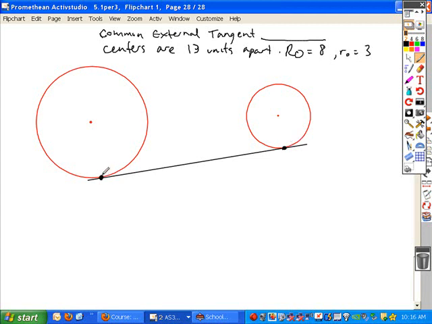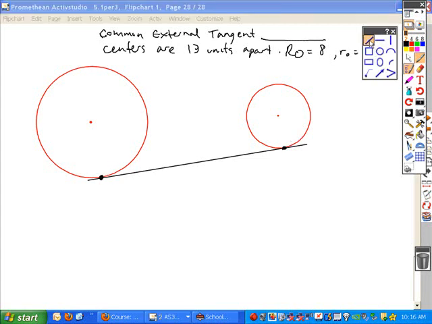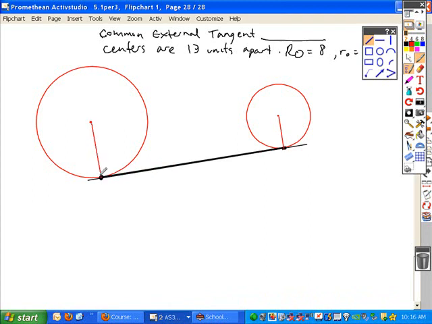Common external tangent is going to be between these 2 points. Okay, so it's this thicker portion of that line. Okay, you're told that the radius of the small circle and the radius of the larger circle are 3 and 8,